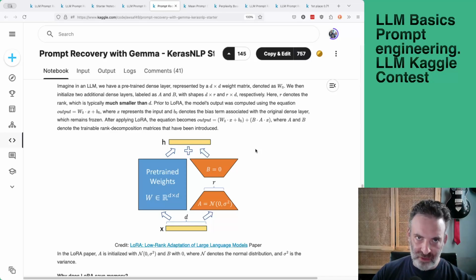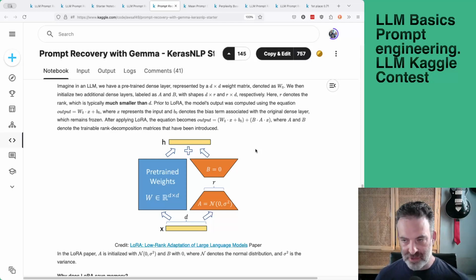Don't worry too much about the math. Feel free to read more; there are definitely a lot more papers out there that you can read if you want to go down that rabbit hole. But the main takeaway is that if you have a corpus of documents and you want to fine-tune your model on them, most probably the best thing to do is use quantized LoRA.